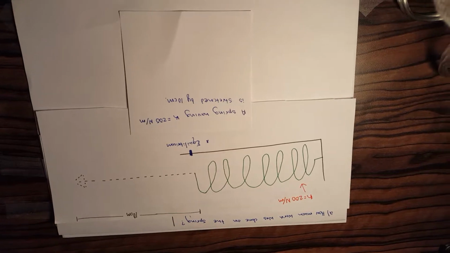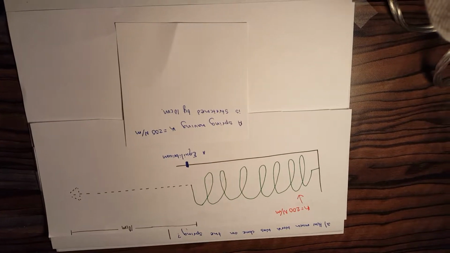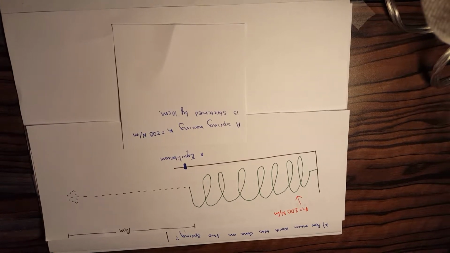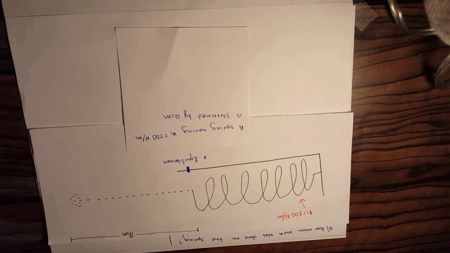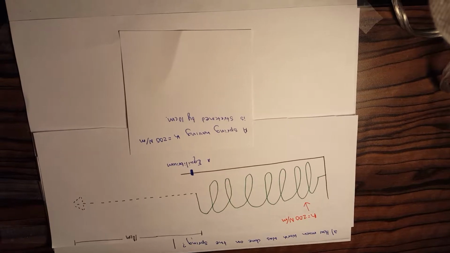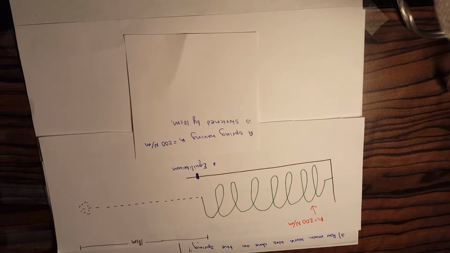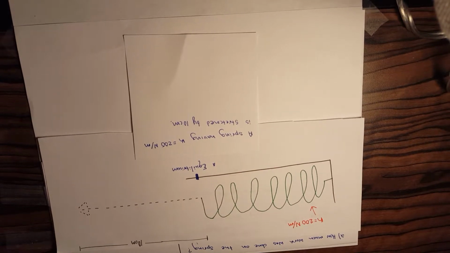We'll be talking about Hooke's law and its implementation involving a spring, and also how to find the amount of work done on or by a spring using Hooke's law. Hooke's law is equal to F equals K times X. This equation gives us the force required to stretch or compress a spring. X is the displacement of the end of the spring, and K is a spring constant, which is measured in